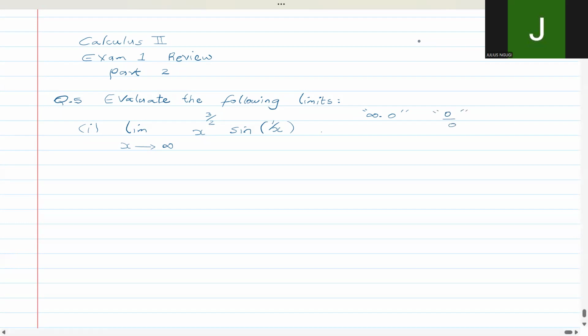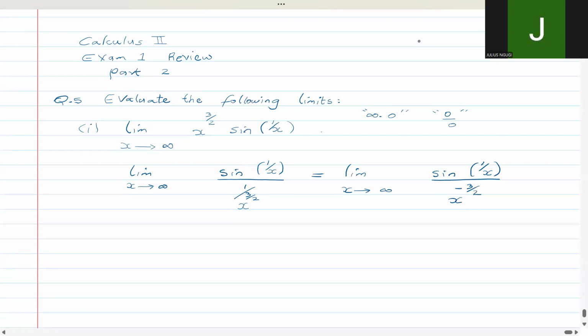For that being said, we will have the limit as x approaches infinity of sine of 1/x. That gives you the 0 in the numerator. Then if we divide by 1 over x to the power of 3/2, it's the same as saying the limit as x approaches infinity of sine of 1/x divided by x to the power of minus 3/2. Now with that, we can use L'Hopital's rule,